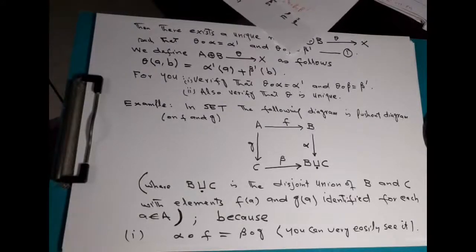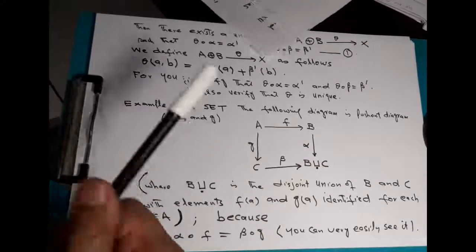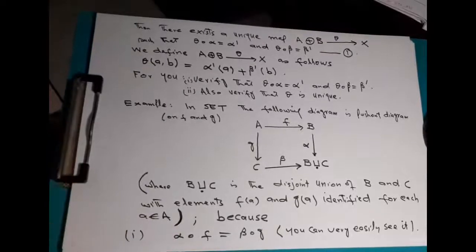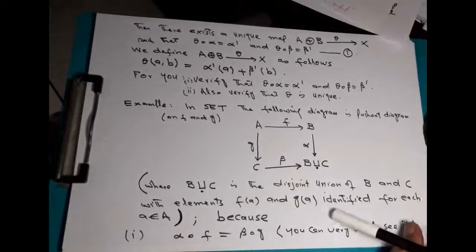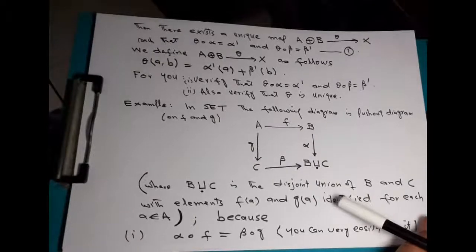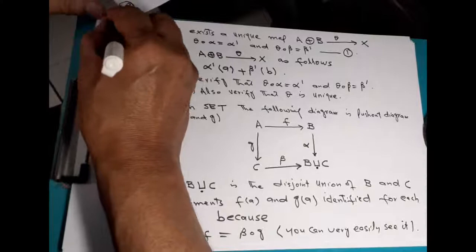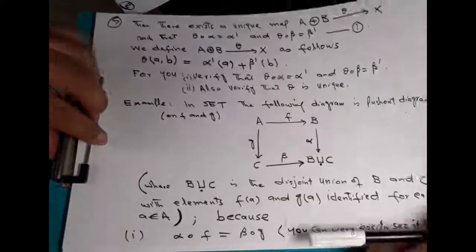So first of all, alpha composed with F is equal to beta composed with G, and secondly,